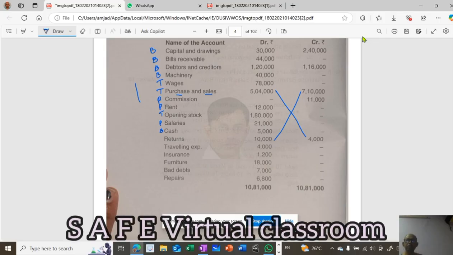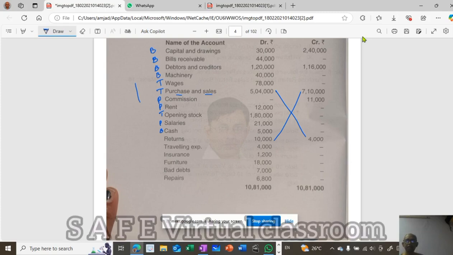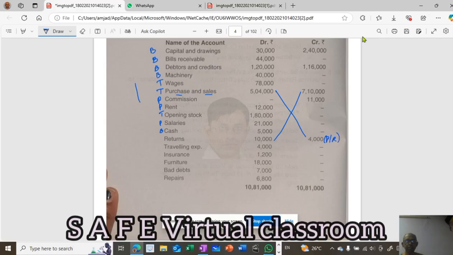Trading account, you have to show like that. Purchases 5 lakh 4,000 less returns 4,000, sales 7 lakh 10,000 less sales return 10,000, 7 lakh you have to show. So that is what returns, you have to be careful. So this is purchase return. And this is sales return,